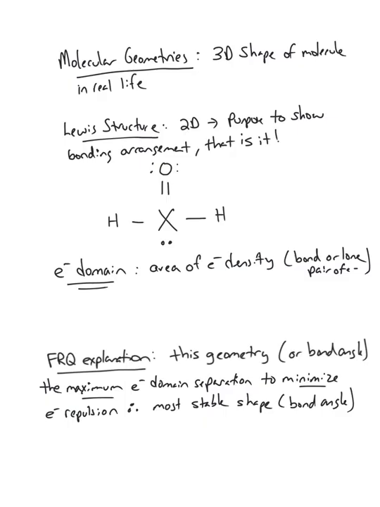All right, this lecture is going to be on molecular geometries, and molecular geometries is looking at the 3D shape of a molecule. What does the molecule actually look like in real life? Now again, a Lewis structure is a two-dimensional structure in which we only have the x and y plane to work with. So it does not really give us an idea of what the molecule looks like in real life. The purpose of a Lewis structure is just to tell me the bonding arrangement. Who's bonded to who and in what type of a bond, and are there any lone pairs of electrons present,